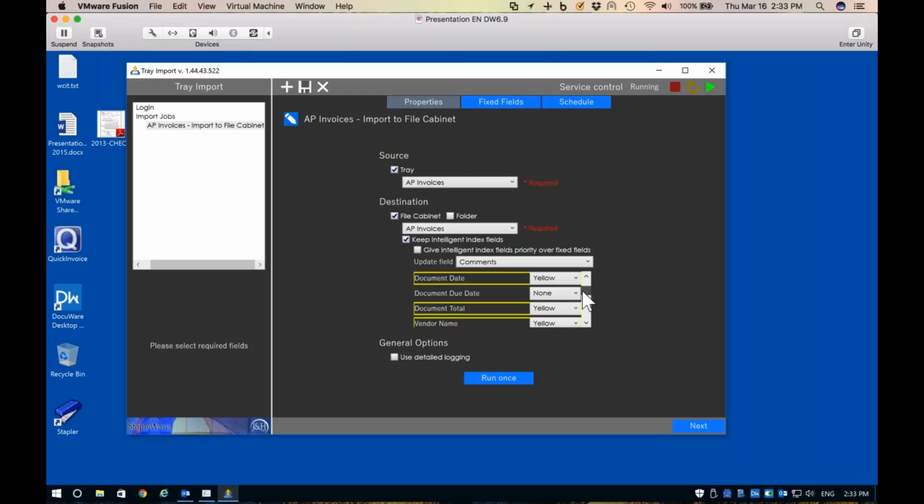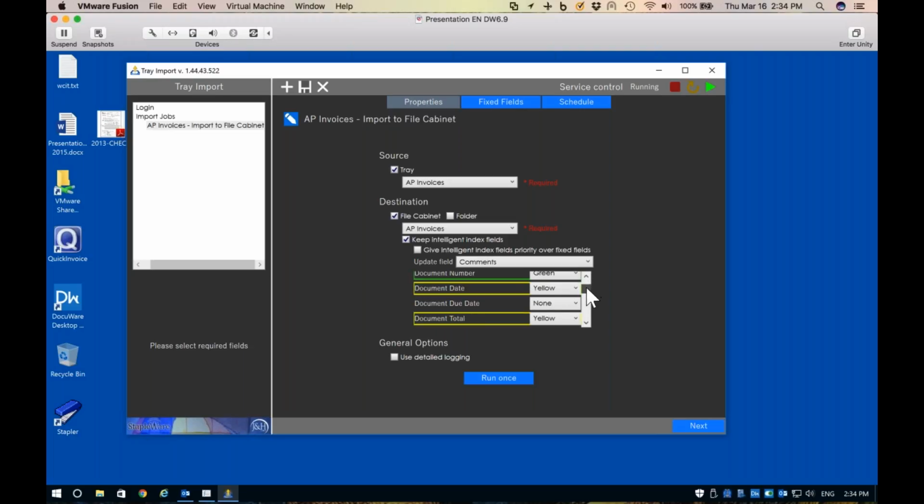So down here, I have my list of all of the fields, and based on how I've configured intelligent indexing, you'll see I've left some of these blank, like document type, vendor code, location, etc. These are things I'm not trying to list off the document with intelligent indexing. But for me, the critical item is the document number, which is the invoice number, and I've set that to green. So only documents that have a green invoice number, a green rating, or a green threshold on the invoice number or document number are going to pass